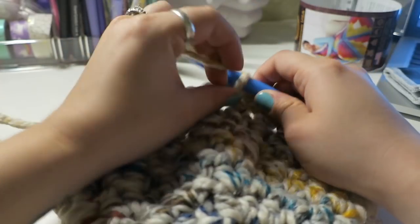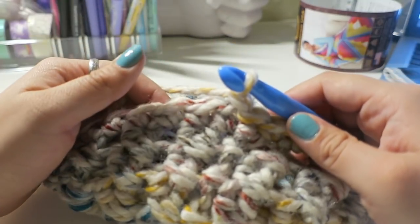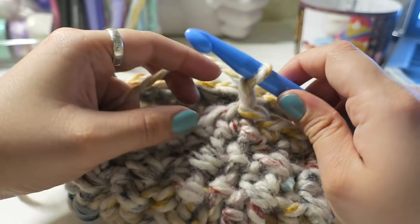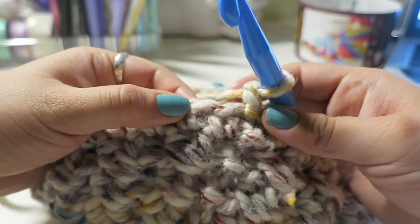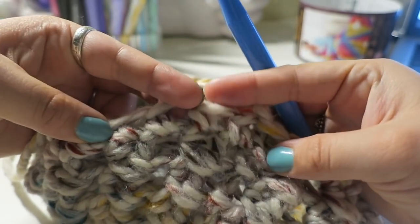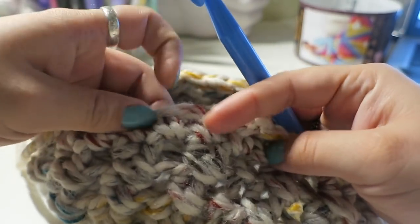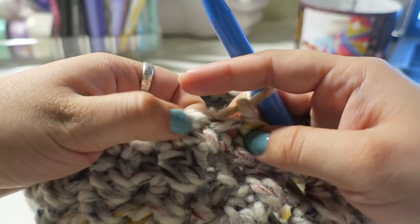Okay, so now you're going to yarn over to make a chain, and we're going to start the rounds by making a front post half double crochet. And basically what that is if you look at the stitches, you'll see a little post. So right here, this is a post, and then there's a second one right here. So each one of these little things is called a post. So the way you're going to do a front post half double crochet is